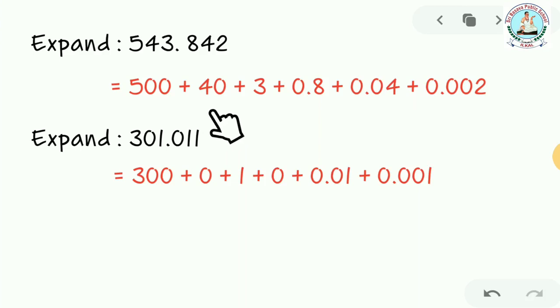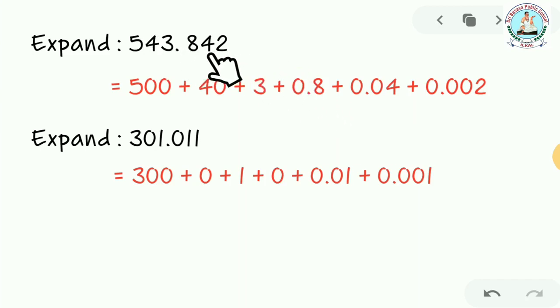Or else there is still one more easy method to write this expansion. We know how to expand the whole part, so let us not worry about it. Let's worry about only the decimal part. If you want to write the decimal place value of this 8, simply do one thing: except this 8, make the remaining digits 0. If you make all these digits 0, it will be 0.8. That is what we have written here.